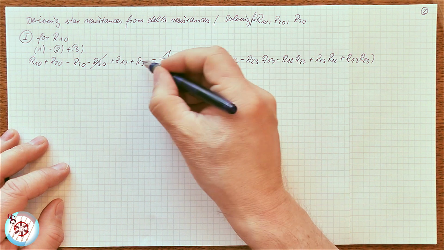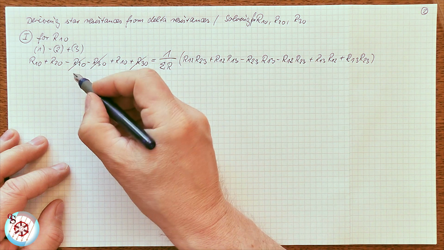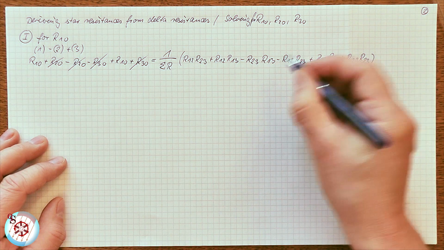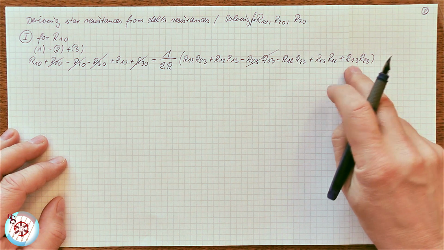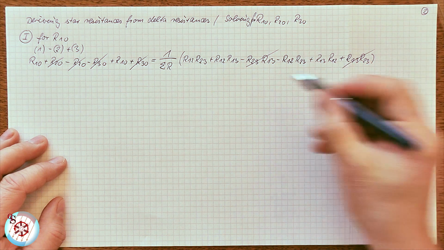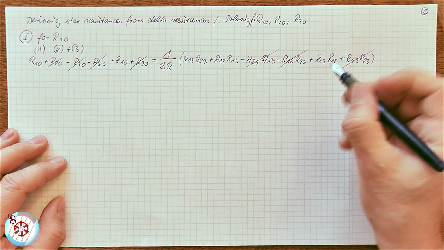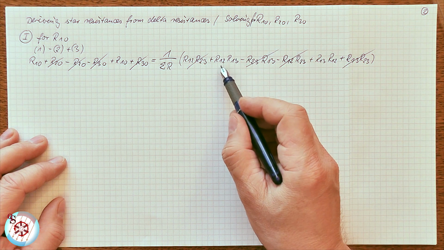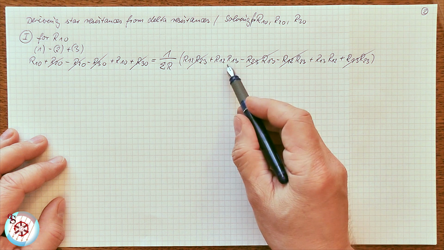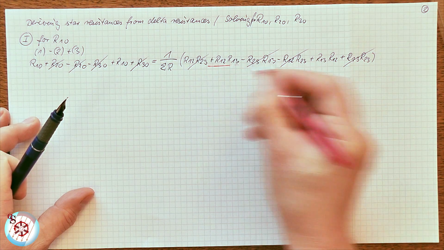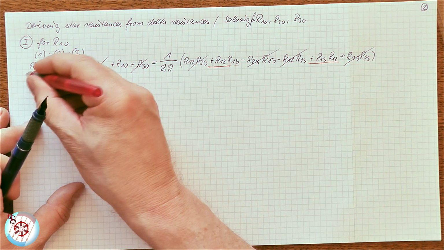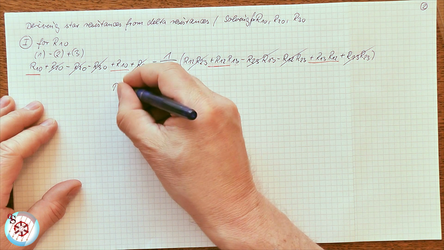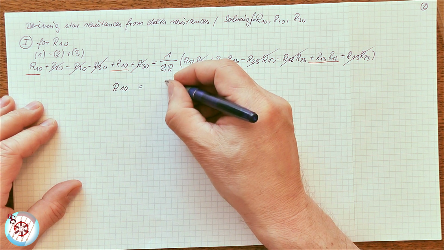So R30 here and here, and we have R20 and R20. So what's left is 2 R10, and on the right side we have R23 R13. That's equal to this, so this cancels out, and this minus term R12 R23 cancels with R12 R23. So we have 2 times R12 R13 here and here. So you divide by 2, and what you get then is R10 is equal to R12 R13